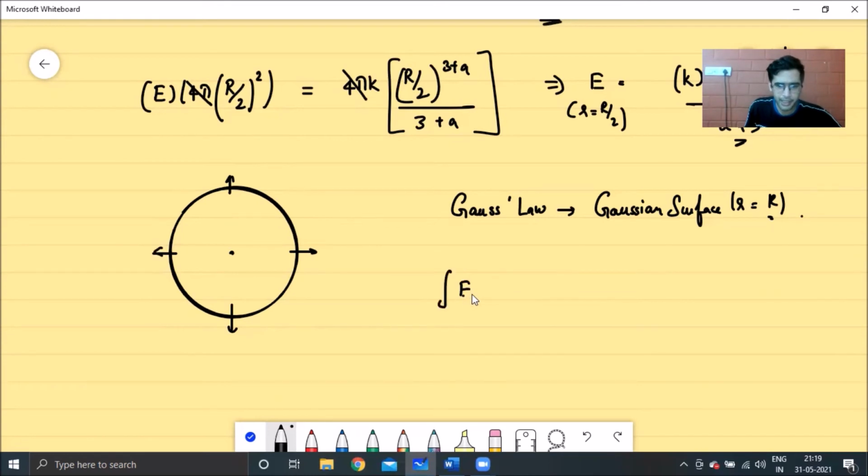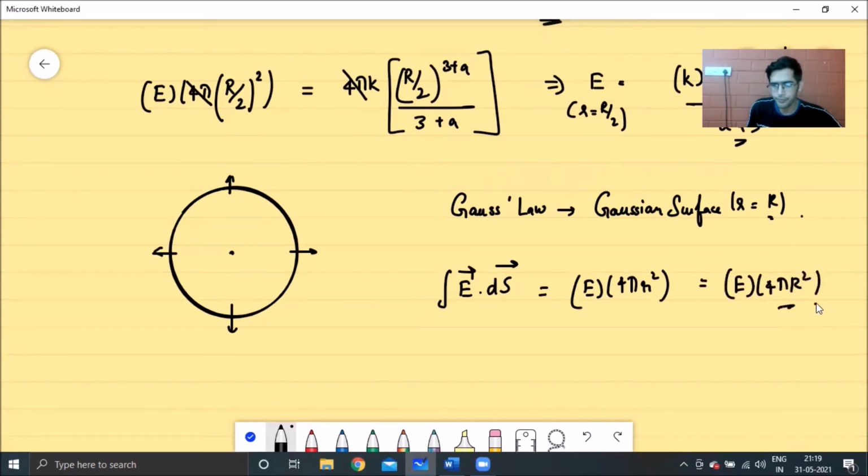So what would we write for the integral E bar dot ds bar once again in this case? Once again, the integral E bar dot ds bar becomes equal to E into 4 pi r squared, right? And this is now calculated at small r equal to the radius of the shell which you're taking over here, capital R. So this will become equal to E into 4 pi capital R squared, right? And again, this integral E bar dot ds bar should be equal to charge enclosed divided by epsilon naught.